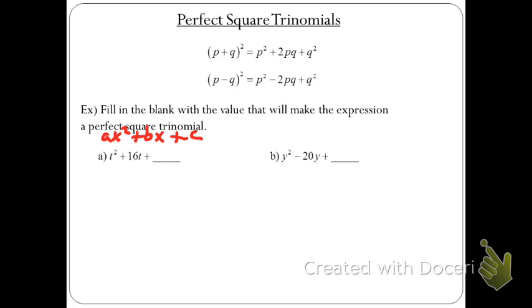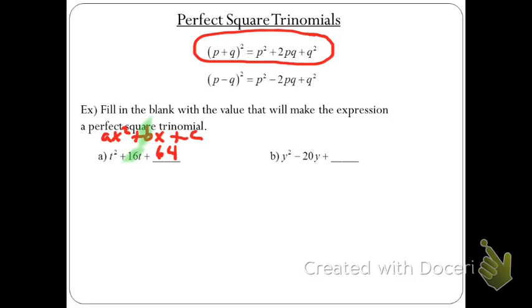And what we're going to end up doing to find that value is use the linear coefficient. We're going to use the value of b to figure out what the perfect square is. And it's real simple. The way you find out what the constant term at the end is this: you multiply the value of b by 1/2, and then you square that result. Multiply the value of b by 1/2 and square. Well, half of 16 is 8. 8 squared is 64. And just to show you that's a perfect square trinomial using the patterns that I showed you up here,